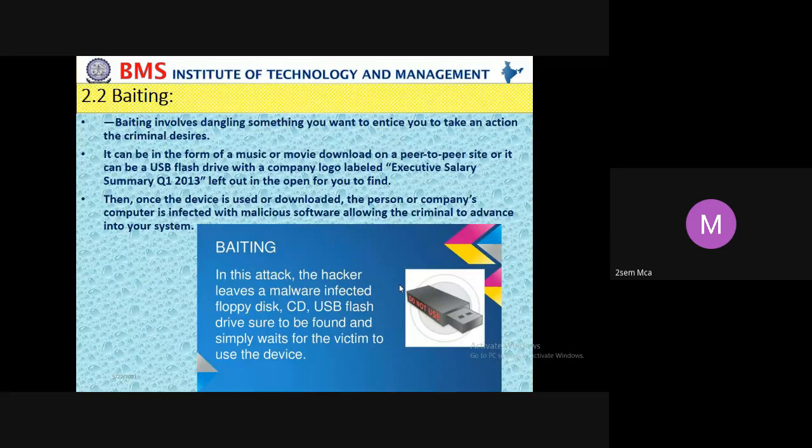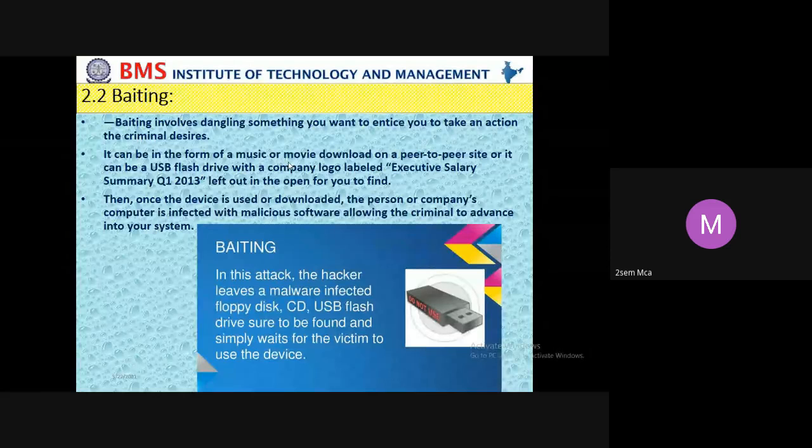Another term is baiting. It is again a social engineering attack. Sometimes you might find on the way when you are passing through your streets, you may get a pen drive which is unattended. Then you feel happy that, oh, I got a pen drive, so no need to buy from outside.